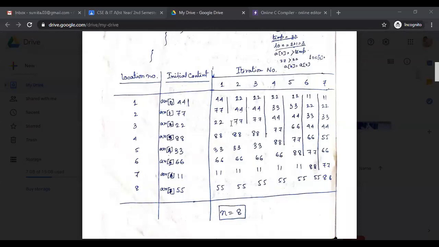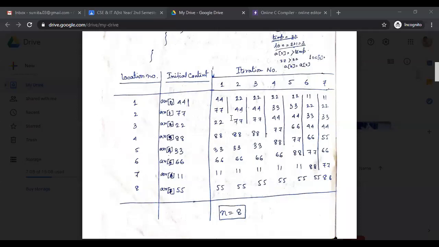What I am saying is, after inserting 22, the comparison first takes place between 22 and 77. They interchange positions with each other. Now 22 is here and 77 is here.